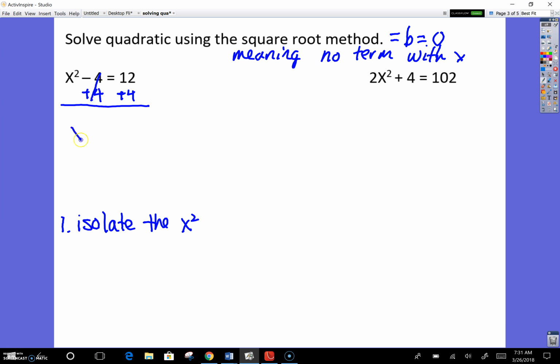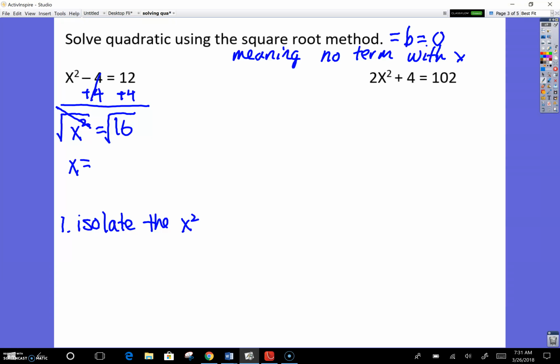This cancels. X squared is equal to 16. Now that you've isolated the x squared, you want to find the square root, because the opposite of square is square root. So this cancels out. You get x is equal to